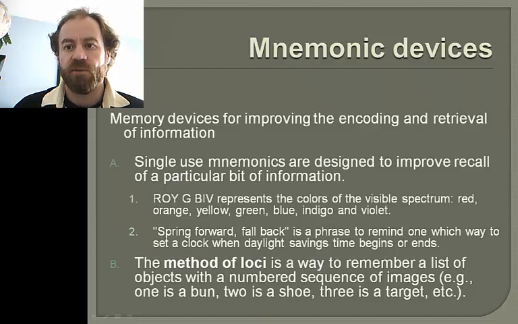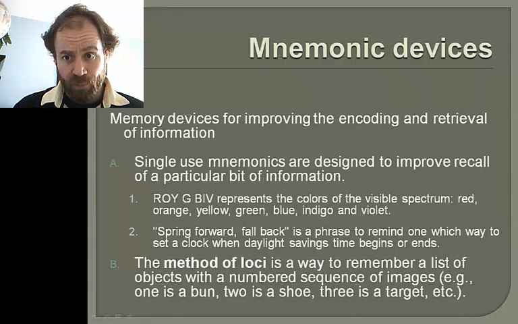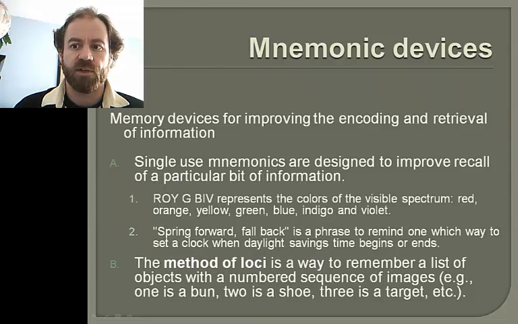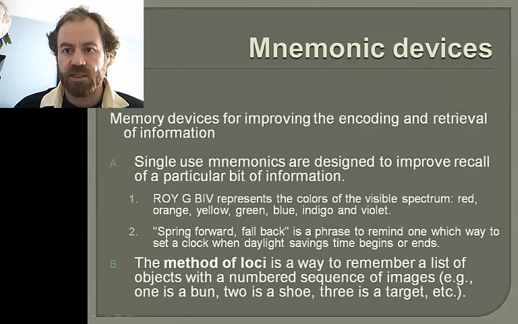Another very effective mnemonic device is the method of loci, by which a person can remember a great deal of information by mentally placing it in certain locations. So if you have to remember a list of terms, for example, mentally place those terms in specific rooms in your house. If you need to memorize the presidents of the United States in order,